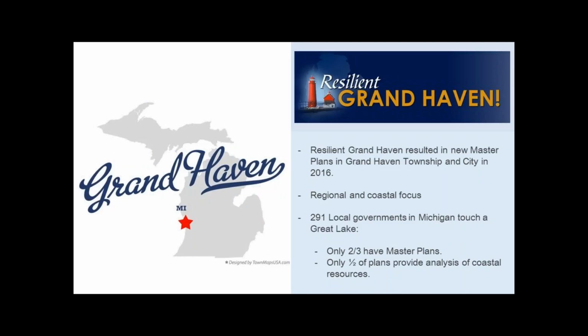Okay, so this team of researchers has come together to work in Grand Haven, Michigan, and we've recently completed a project called Resilient Grand Haven, which resulted in 2 land use master plans adopted by the City of Grand Haven and Grand Haven Township earlier this year in 2016. And these were unique master plans because they had 2 things. One was that they were regional. So the city and the township worked together as they completed their master plans. And the second reason they're unique is that they had a focus on coastal resources and coastal adaptation, which is